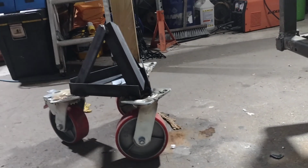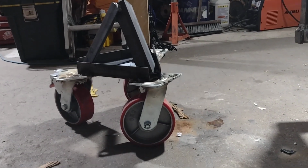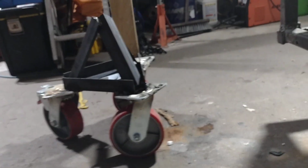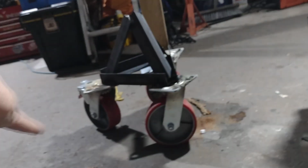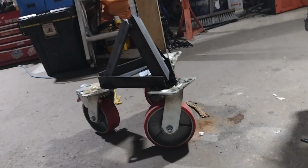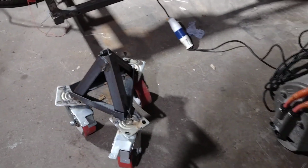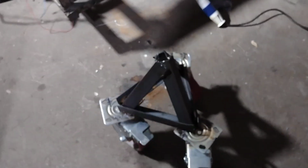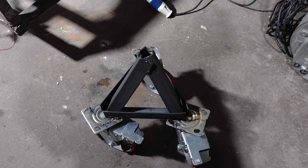Yeah, and what happens is the casters were actually turning around at the time as well, and so it created a moment that way because the wheels were going around in opposite directions, and so it created a moment that way, which basically pushed it beyond the centre of gravity. So obviously it needs to be wider. That's fine. I can make another one. And also I want to see,